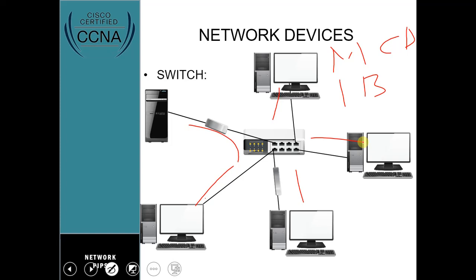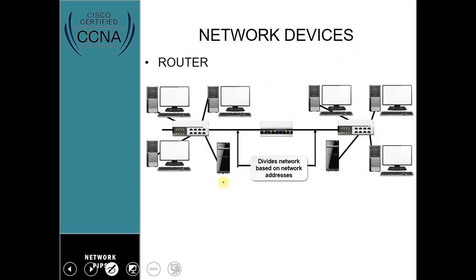So if you purchase a switch and keep it like this by default, when they send out a broadcast message, like the DHCP request I mentioned earlier, everybody is going to receive that packet. But there is a way you can break a switch's broadcast domain down into multiple broadcast domains, and we'll find out as we move on in this course. We also have our router.